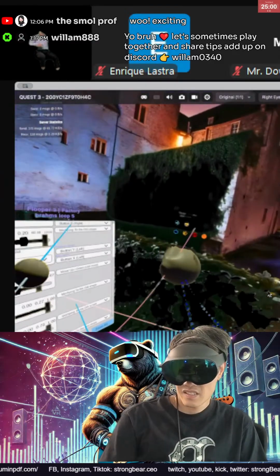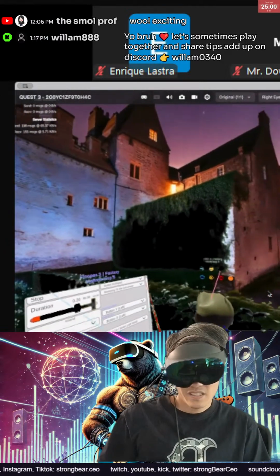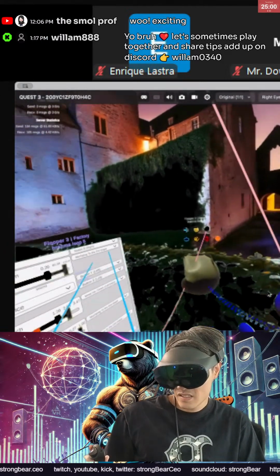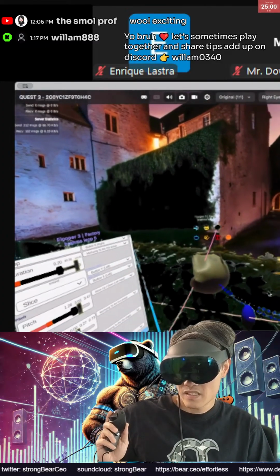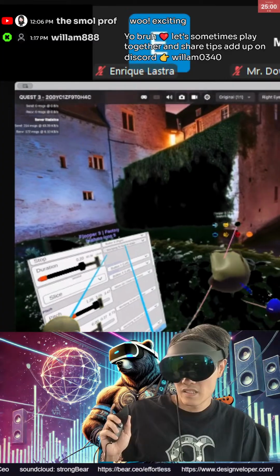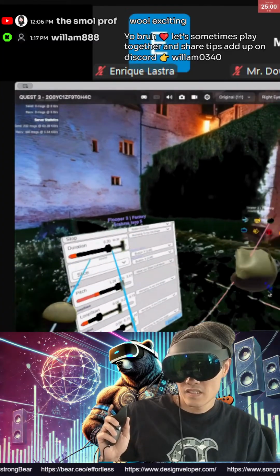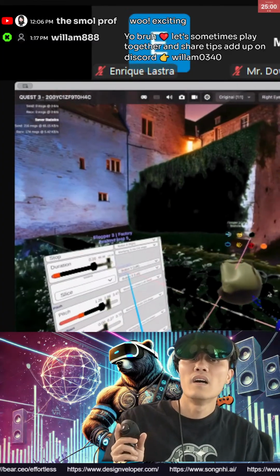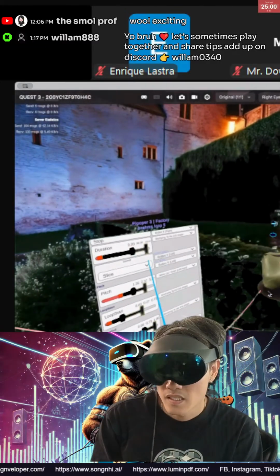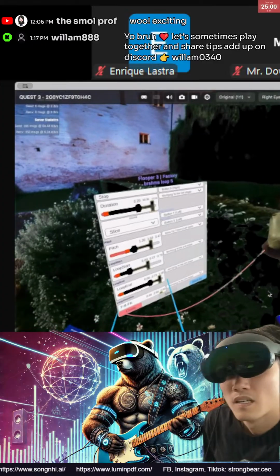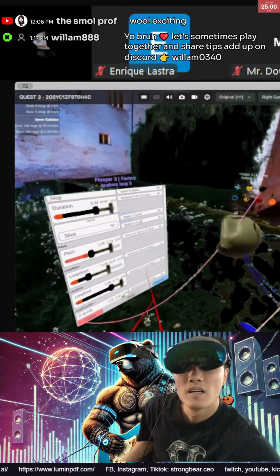Right, perfect. Yeah. And again, if Strongbear wanted to keep this sound looping forever, it is a looping oscillator. He could push button A, and that would do that. And if he pushes button B on his right controller, it'll stop it. So A and B are really the kind of triggers. I think he has to save it first, or save as.